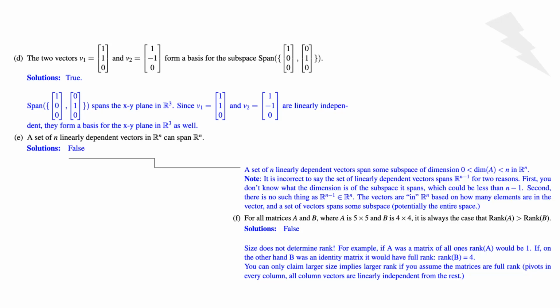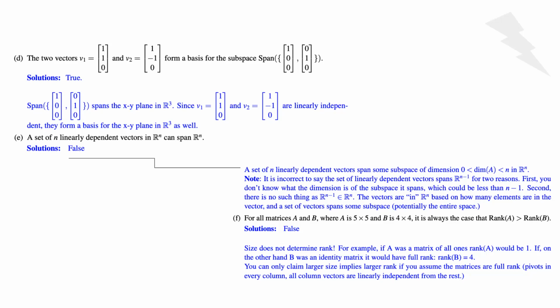So a set of n linearly dependent vectors can span some subspace of dimension between 0 and n in R^n, but the dimension cannot be equal to the number of vectors. And in the note here, it says it's incorrect to say the